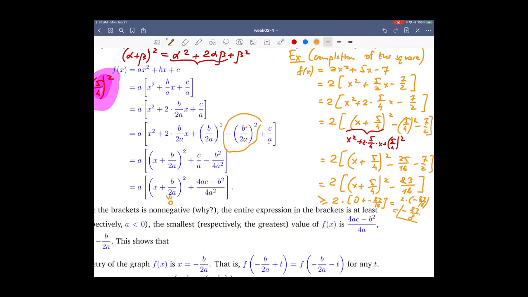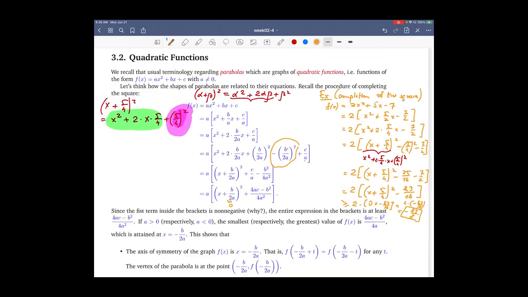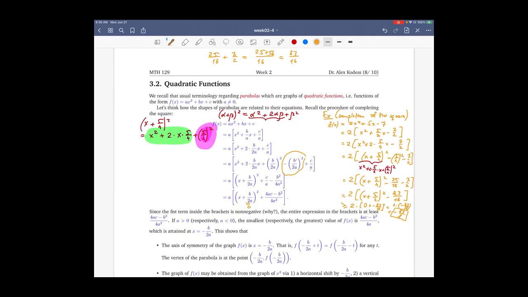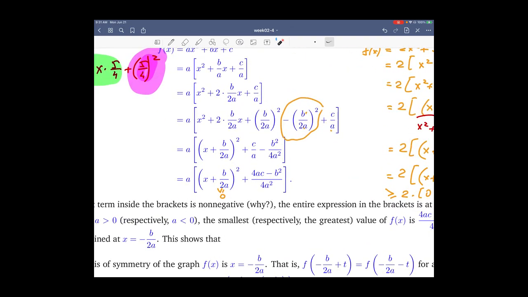In fact, as we will see later, this is the minimal value of that function. So it's a valuable piece of information. When we complete the square, we immediately find the smallest value our function can take. That is, of course, if a is positive. And if a is negative, we get the largest value that our function can take, because, again, the expression here